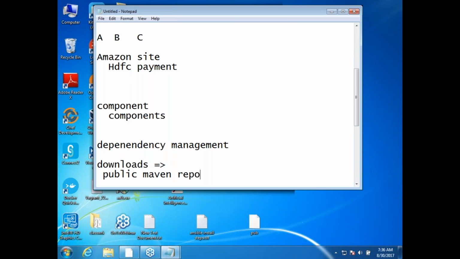Slowly the downloads part we would change it. The moment we go to Artifactory, the place where we are downloading will change. Okay, are we good? So now we download dependencies, we build or compile the code, and then we package the application. This is what we do.